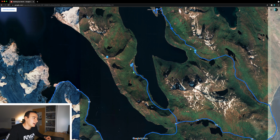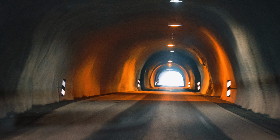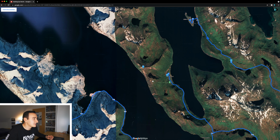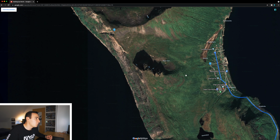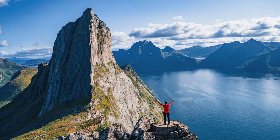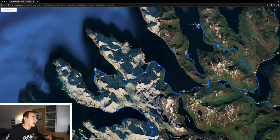So we spent the night here, and the next day we wanted to go to the other side, but we had to take a longer road. It kind of looks like a detour, but it's the only road that goes there to Fjordgard. And what is so exciting about Fjordgard, the town, not, but there is this cool mountain called Segla. It's a giant rock, but we didn't go up the Segla, which you also can do, but we hiked up to Hesten. First we hiked up here and then to Hesten, and from there you have a pretty great view of the Segla. So we checked that out and then walked down to the car after we got our shots,